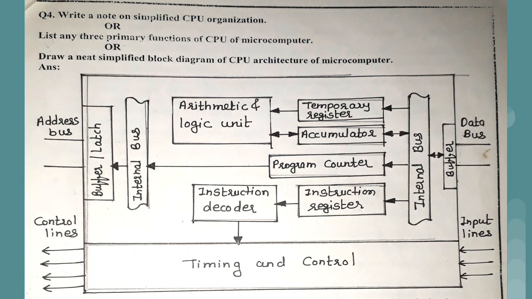And then we have the explanation. Whatever I have explained just now is also explained in this theory part. So basically the CPU contains storage elements called registers, and some computational circuitry is present, which is called the ALU. Other than these important components, the registers and ALU, the CPU has input output connections, an instruction decoder, and a control and timing section. All these components are part of the CPU.